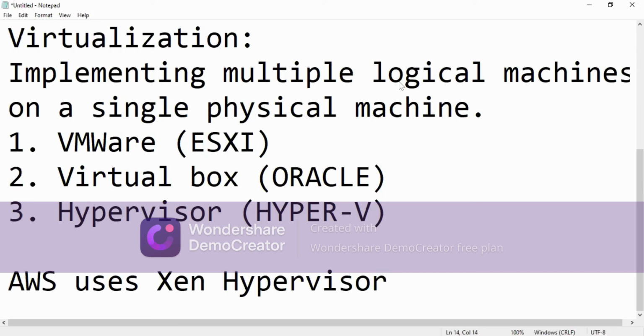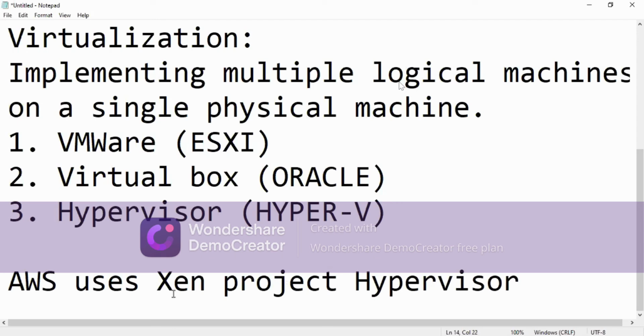You can also call it the Xen Project hypervisor. It is designed by a company called Xen itself.